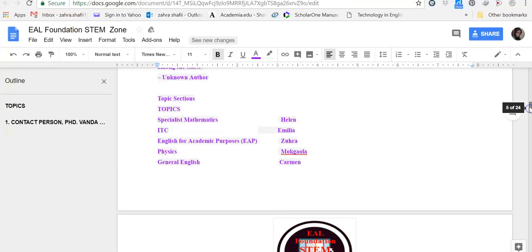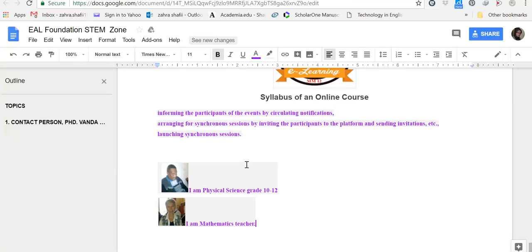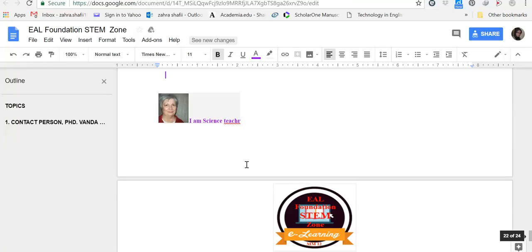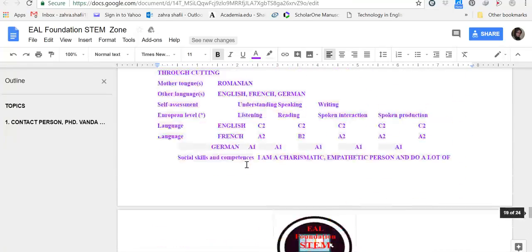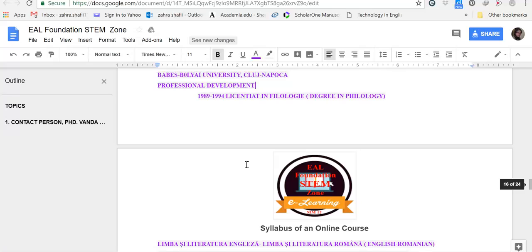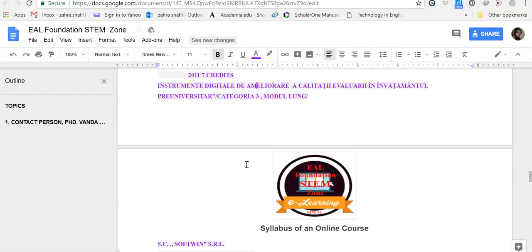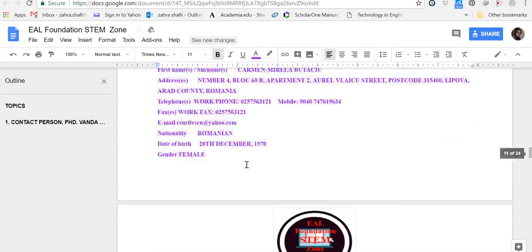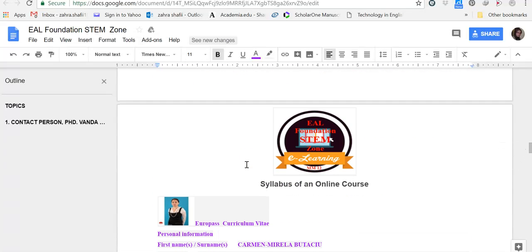And then we introduced ourselves here, and then again we provided more explanation about ourselves as the moderators of the course. Here we introduced ourselves, but on the course we made some additions and introduced ourselves more clearly.